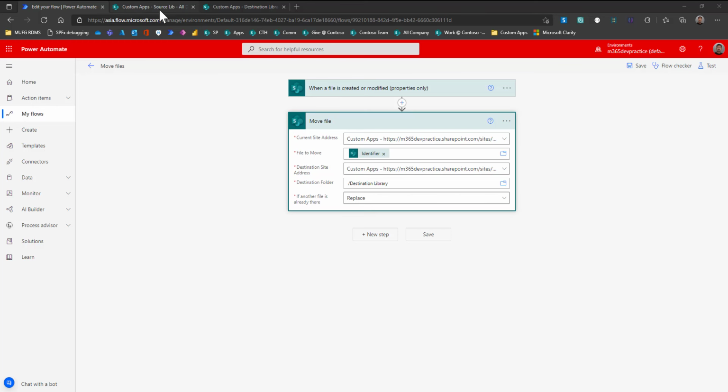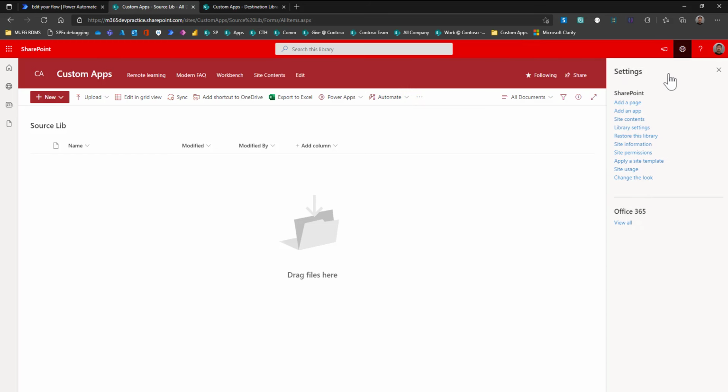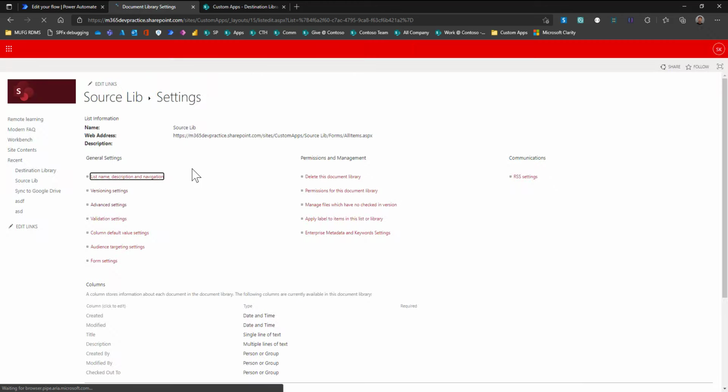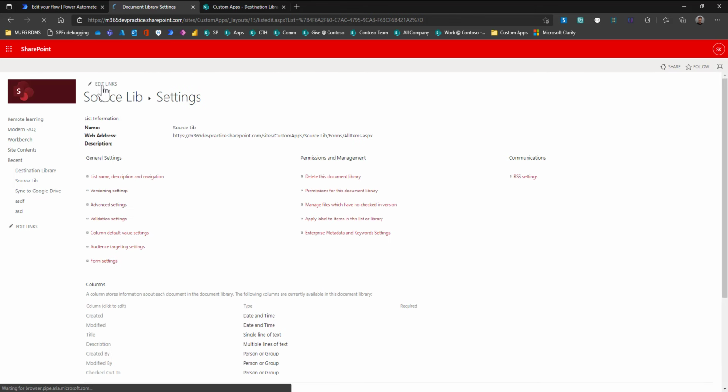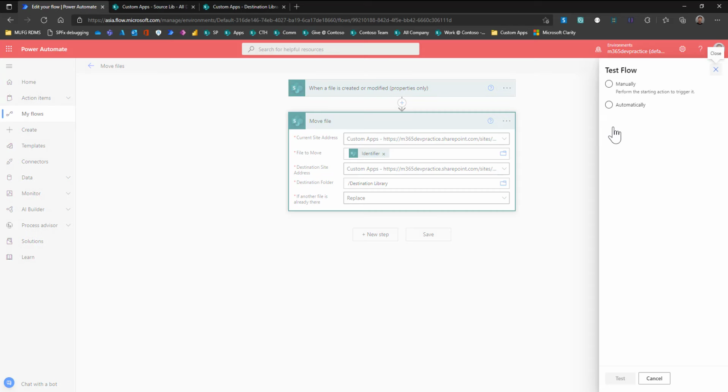I have already enabled the check-in checkout for this source library. So here it is enabled. Let me go back to the source library. Let me start the Power Automate.